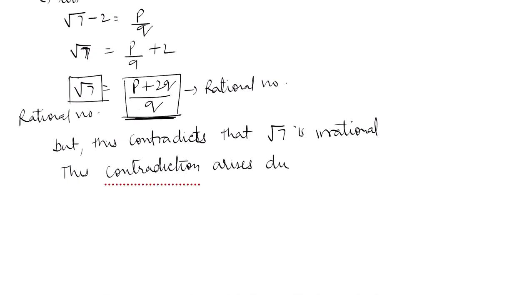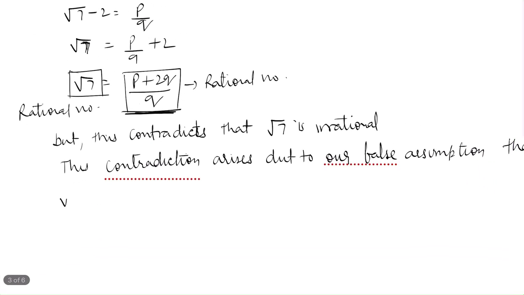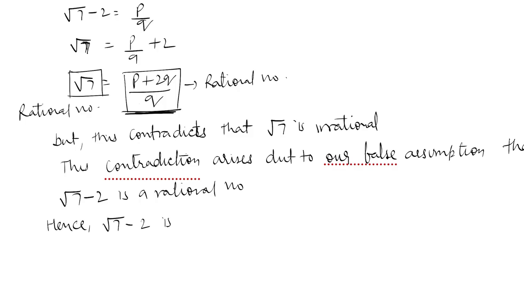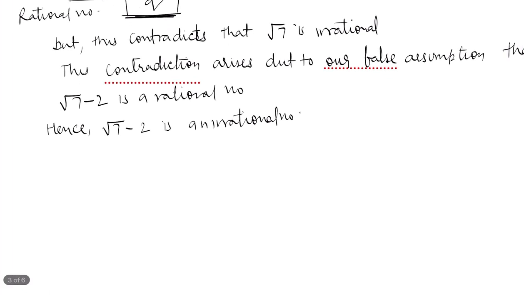arises due to our false assumption that root 7 minus 2 is a rational number. Hence root 7 minus 2 is an irrational number. Okay. Now